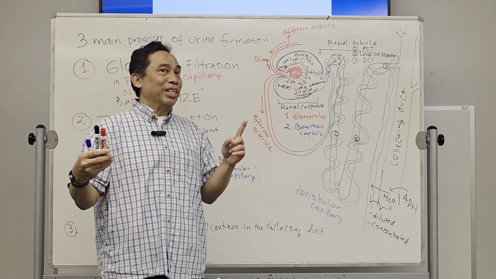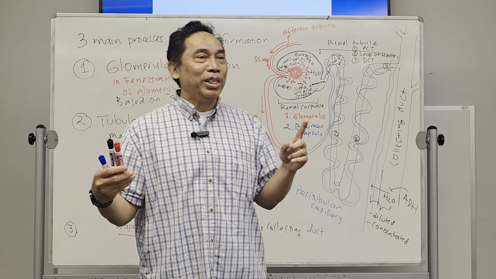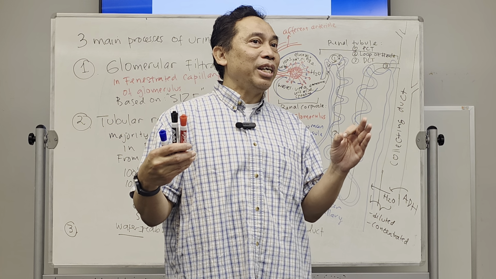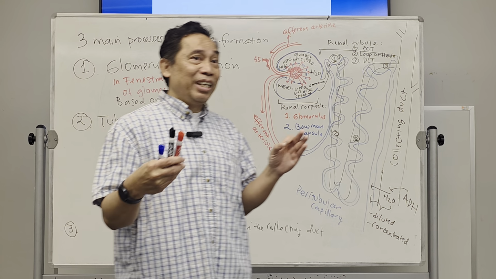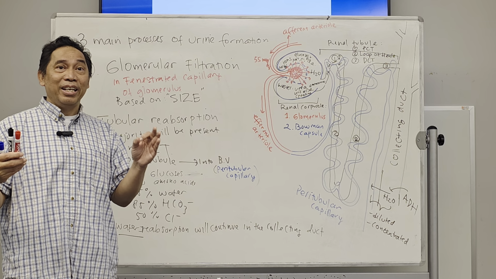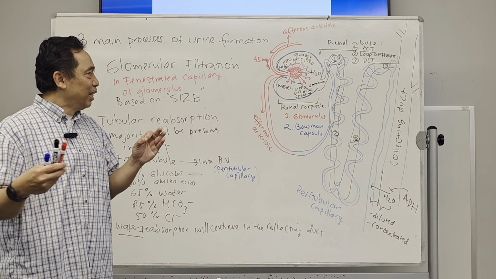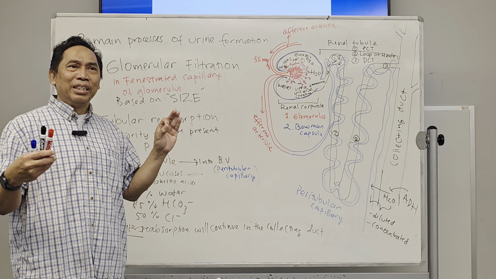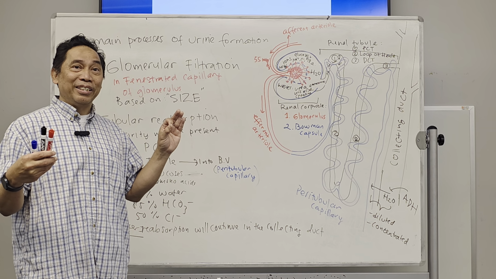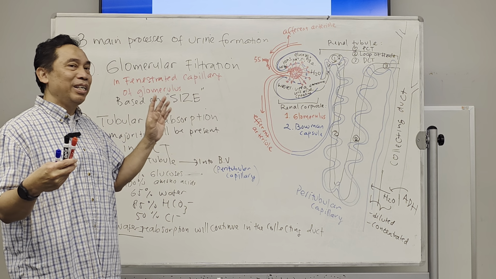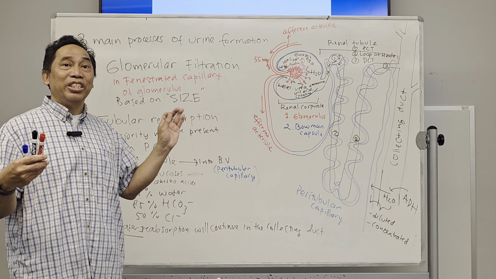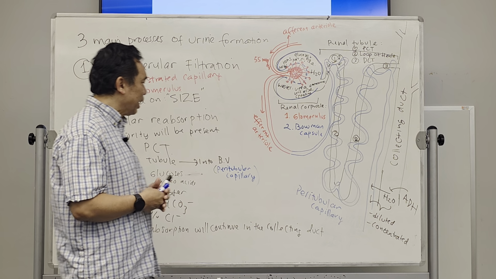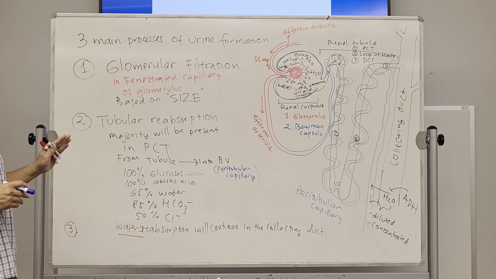Sometimes it can cause something in the kidney which blocks the ureter. It becomes a stone, especially the uric acid crystal. It can be a stone in the kidney and block the ureter. Have you ever heard about kidney stone disease? Well, that's actually mostly caused by uric acid crystallization in the kidney.